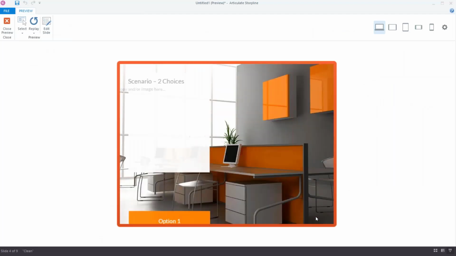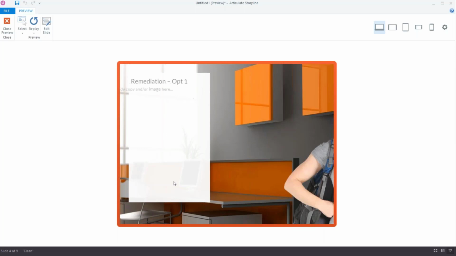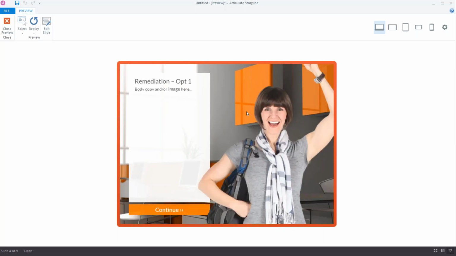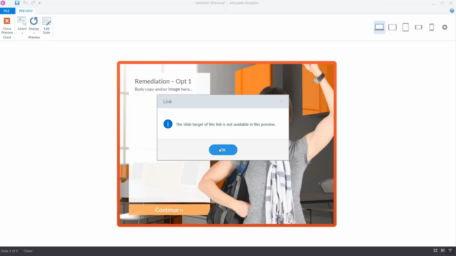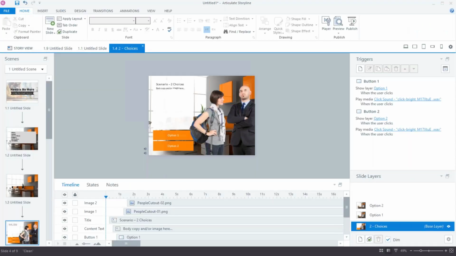And so I'm in here. I've got my slide going, and I've got two choices here. And you can see as I hover over them, they change, and we'll talk about that in a minute. When I click on one, now I see this new layer. I'm still on the main slide, but it just shows me that layer. I can continue, and that would take me to the next slide, just because that's what that continue button's doing. But it's very, very basic in terms of what it does.